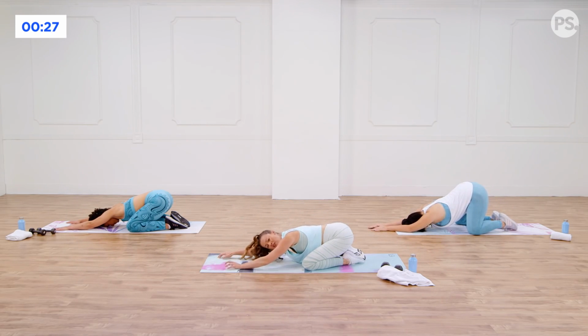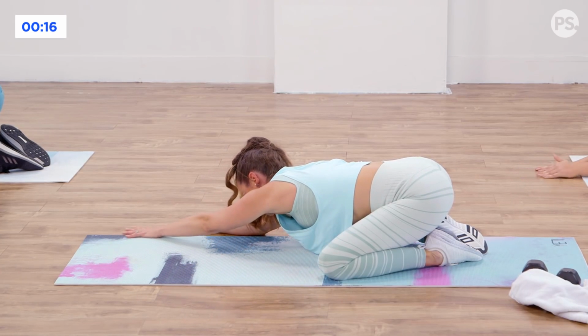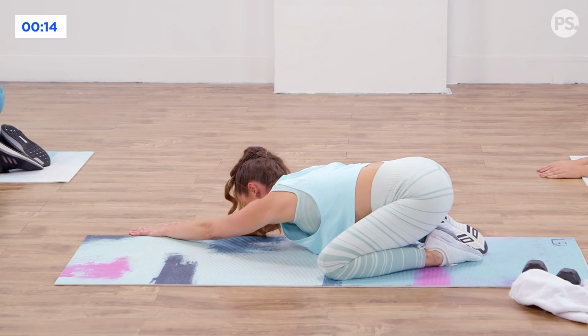All right, you want to think about reaching those fingertips far, far forward. Let your head rest on the mat. And then here, you can always move over to the right or the left. Like if you want to reach a little bit more and cheat over to the right, get a bigger stretch through your